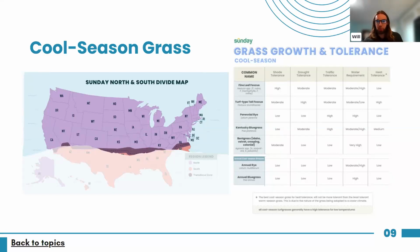So for the majority of cool season grasses, we have a bit of flexibility there. But the good news is if you have some patches in the lawn and you do have a cool season grass, we're getting just about at the time where we'd be looking to repair these areas. But for a warm season grass,